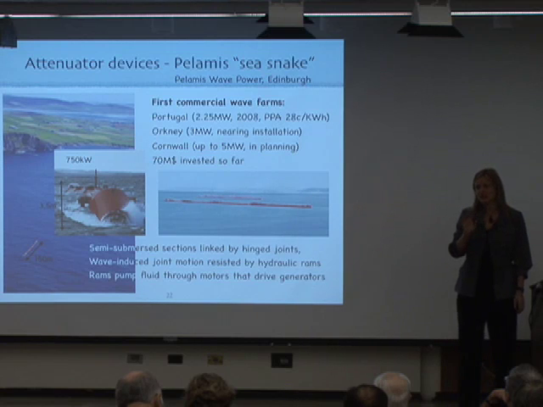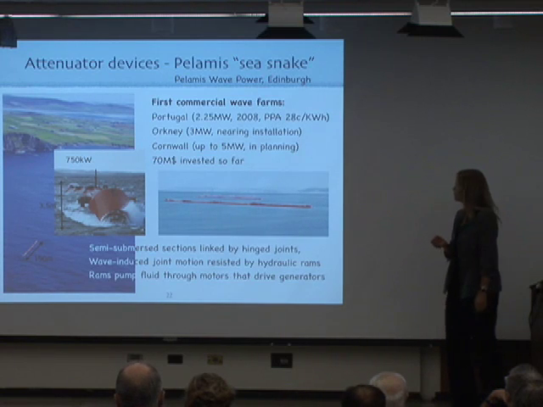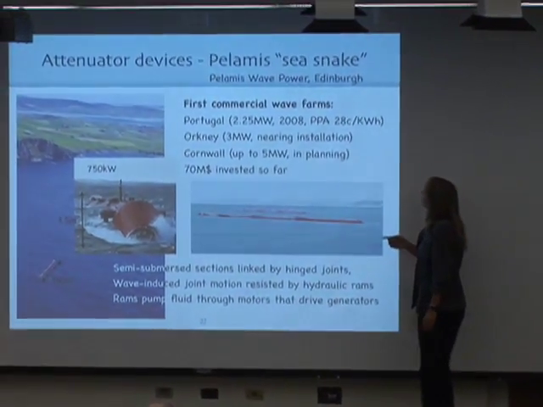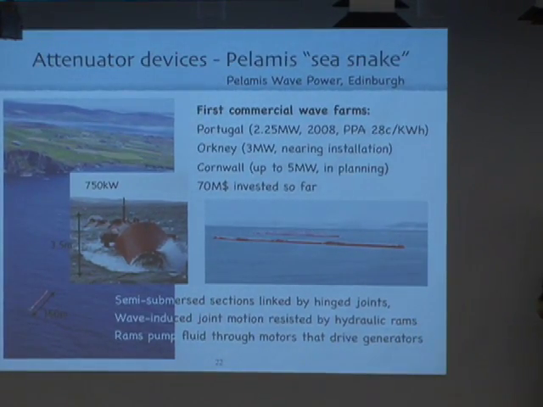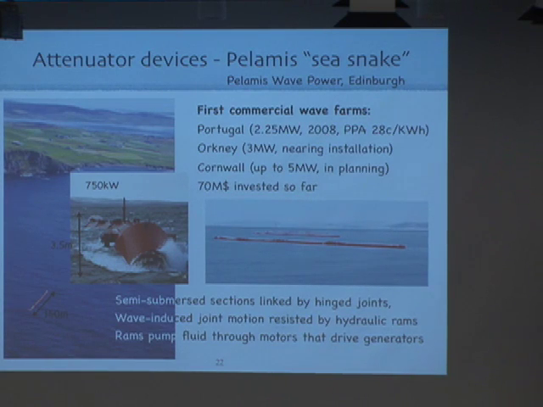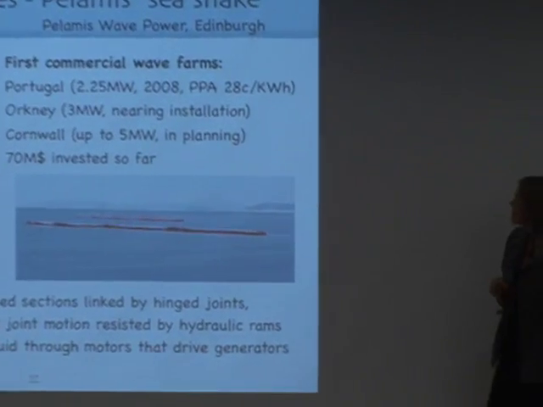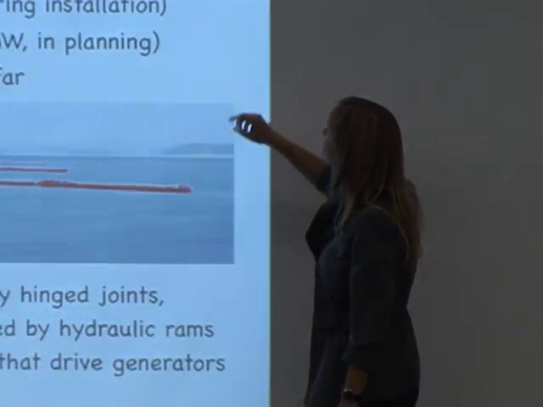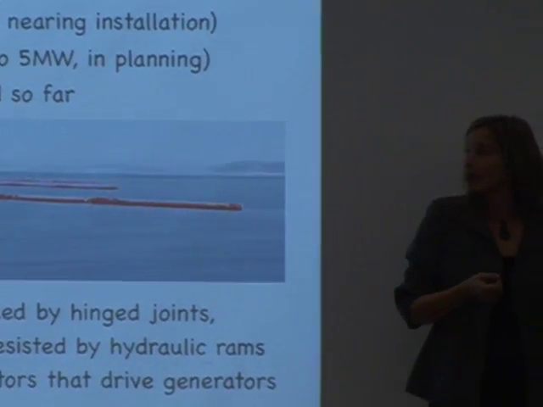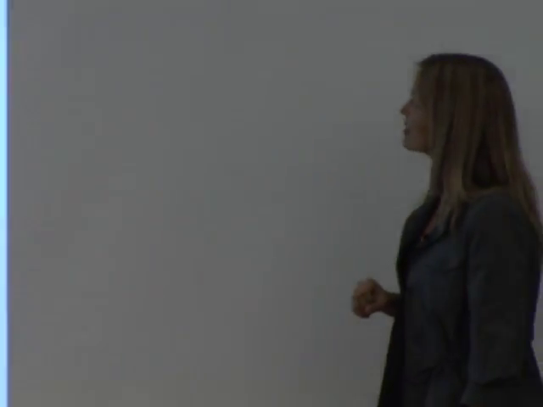There's one other that has some commercial value at the moment, but this is really the first one. They have something running in Portugal now for about 2 megawatts, so not very much. It's a medium-sized wind turbine, one of them, that delivers that same type of energy. They have a power purchase agreement with the government, so it's sort of a feed-in tariff, which is set at about 28 US cents per kilowatt hour right now. So that's the cost at this moment. Again, real cost data are not really available, but this gives us a sense of what's there.